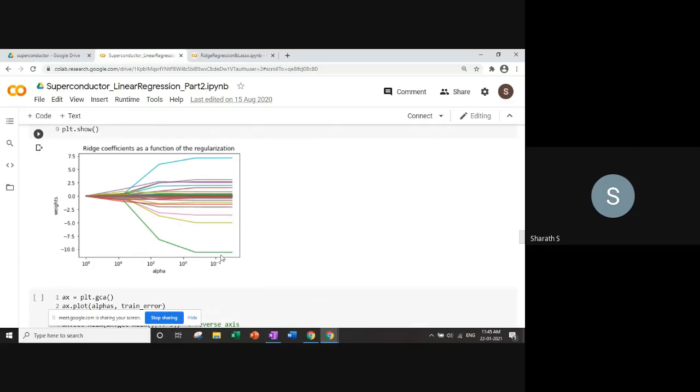Okay. So what is 10 raised to -2? It is almost like you are not using any penalty at all. The weight you are giving to the penalty term is very low. It's almost like your 11th order regression. But when you say 10 raised to 6, you are giving a lot of weightage to it. So when you give a lot of weightage, what happens is what you are going to see in this diagram.